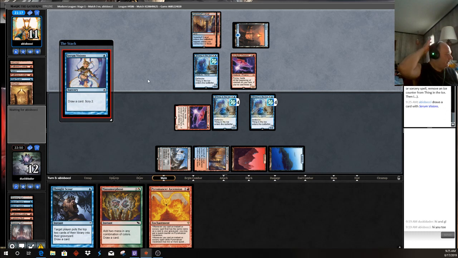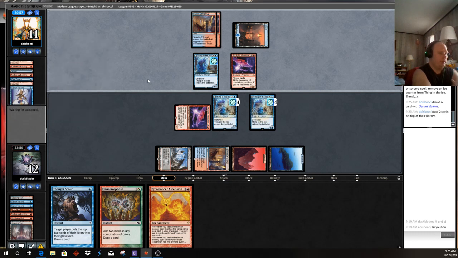So 8. Yeah. We have enough as long as we survive this turn that we should be able to win next turn. By flashing back Lava Dart to the face, that'll put them to 10. One of these Things in the Ice will likely get through. And then...